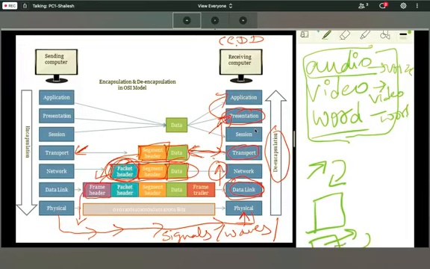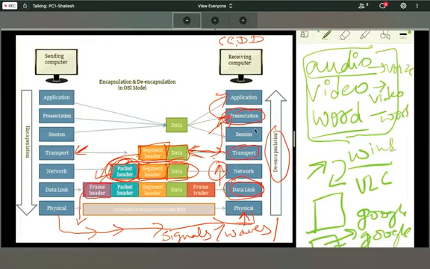So your browser will show you that this is a PDF format. You can go with Google Sheet, you can go with Google Word, like that. It will give you instructions. You can check with VLC player or Windows player, like that. You got my point?